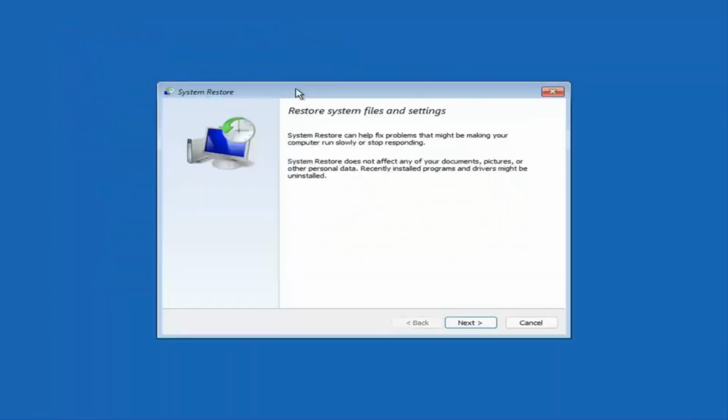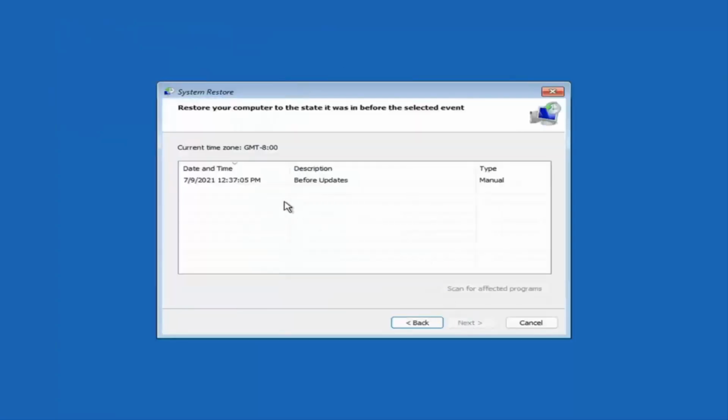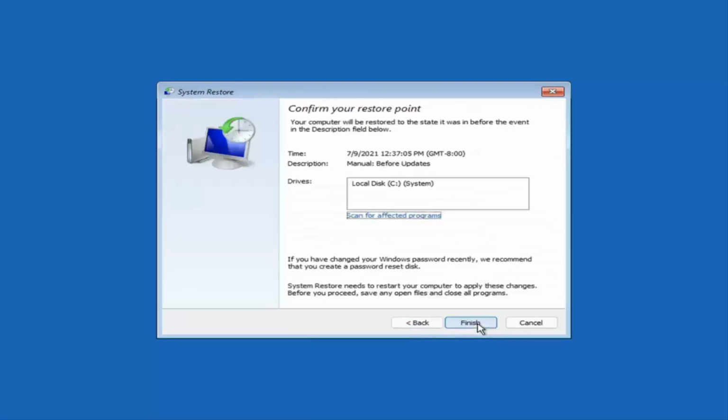And this is something I would highly recommend here, guys. So select next. Assuming you have a restore point saved on your computer, you go ahead and select the most recently created one, and you'll select next, and then you'll select the drive. You shouldn't actually have to select the drive. You can scan for affected programs, but we're going to keep it all default here, and then we're going to